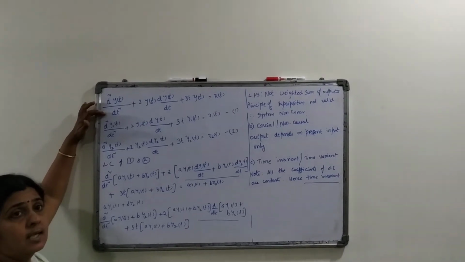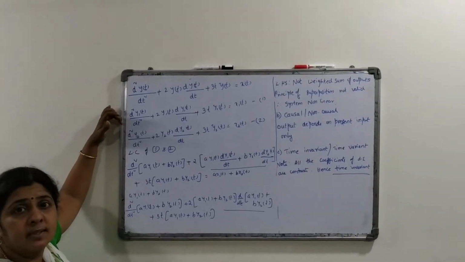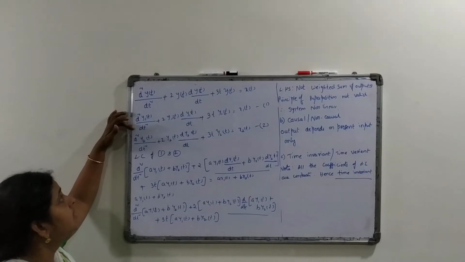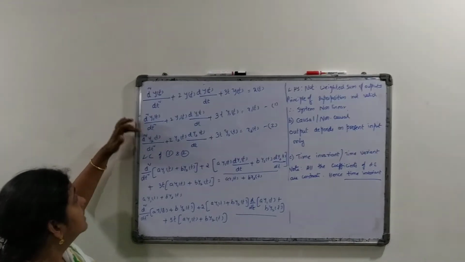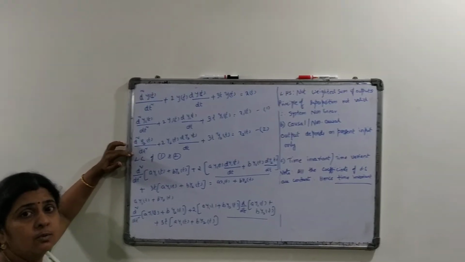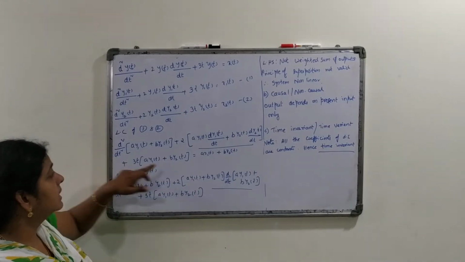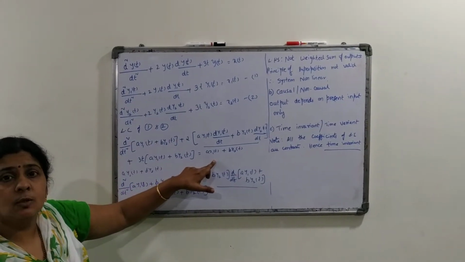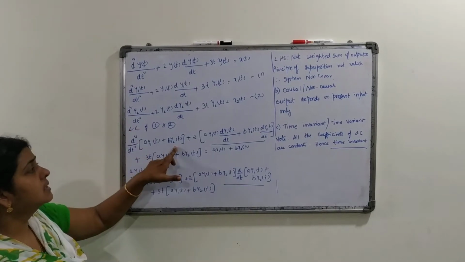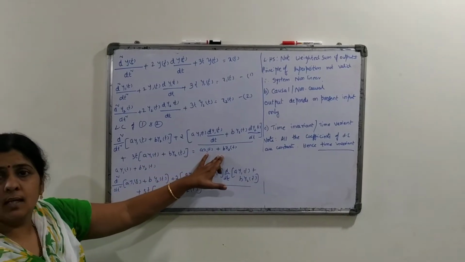So as I said, we start with linear or non-linear first. Take for input x1 of t the output y1 of t, you get a differential equation just by changing y of t and x of t. Then in the second case, we put y2 of t and x2 of t. Now we take the linear combination of 1 and 2. So we get the differential equation, d square by dt square, linear combination, this is the first term, this is the second term, this is the third term, and this is the RHS.